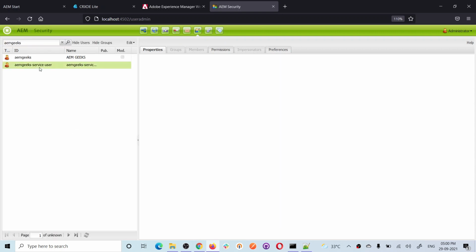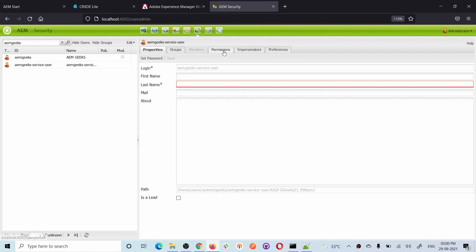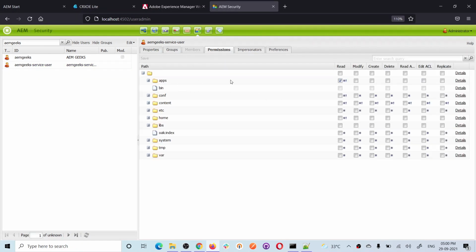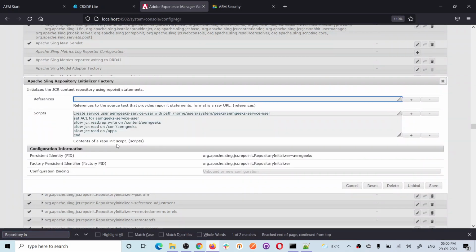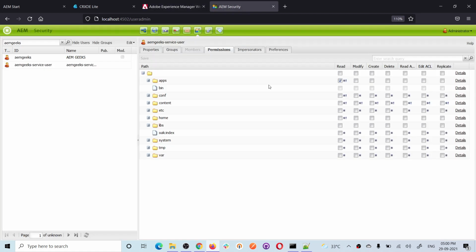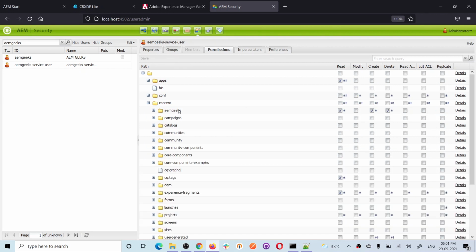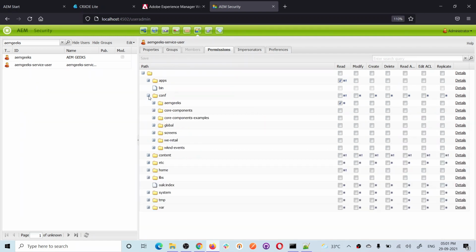okay, so you see this user has been created, and if I double click on it and check permissions, you will see I gave permissions. What permission did I give? Let's verify once. I gave read permission on the whole apps, and inside the content, the read write permission on my geek site, and inside conf it should have read permission for my AEM Geeks, right, under conf.